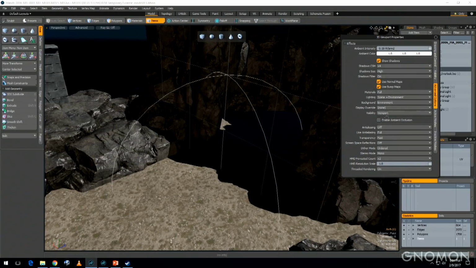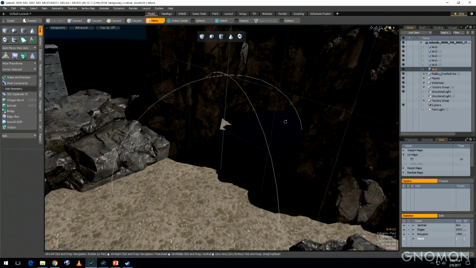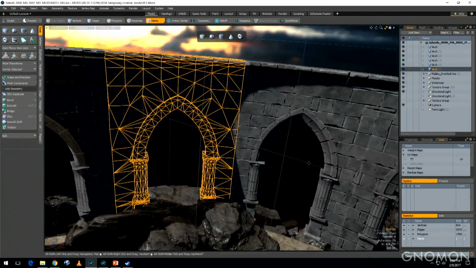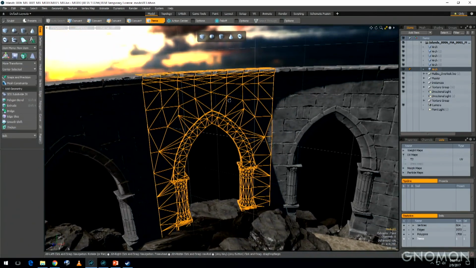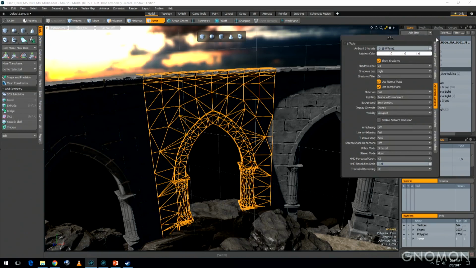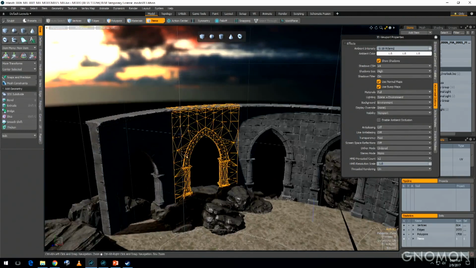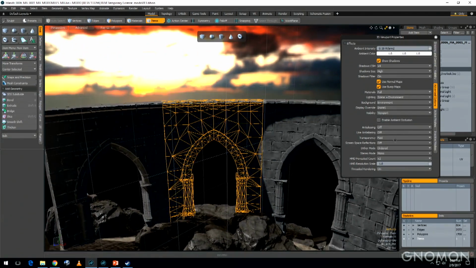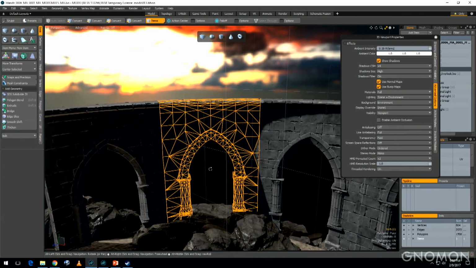If I could continue coming on down here, take a look at some of the other nice features that we added. Line anti-aliasing is currently set to full. If I hop on over, take a look at this wireframe right here, you may not notice the difference immediately, but it has line anti-aliasing enabled on it. And I'll make sure this stays open now. If I drop this down to off, you can see this is much more similar to what you'd have seen in the past, very aliased lines. And if I go ahead and turn on full, this has a tremendous impact when you have the headset on at any time.